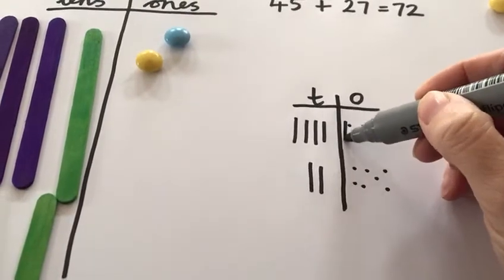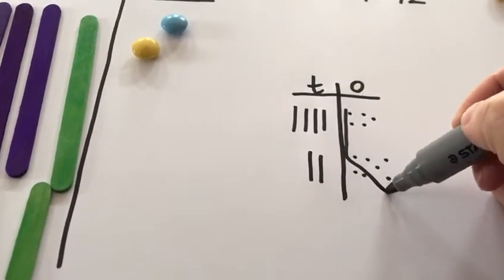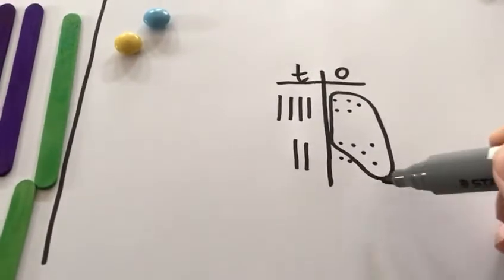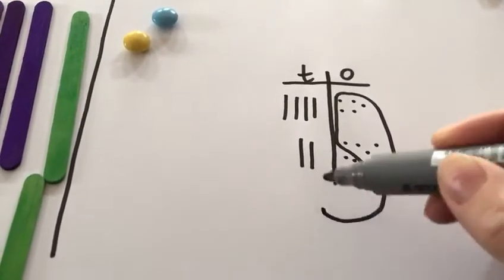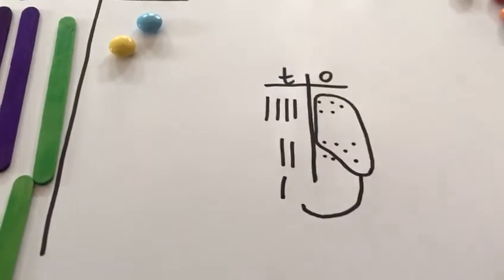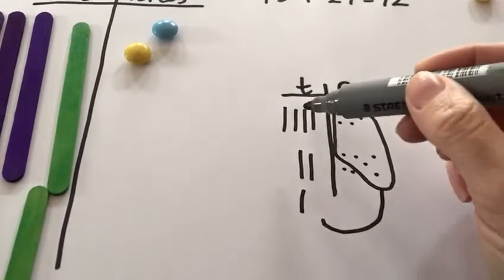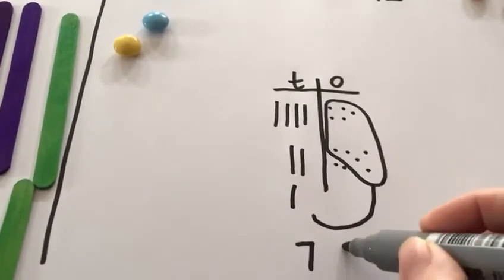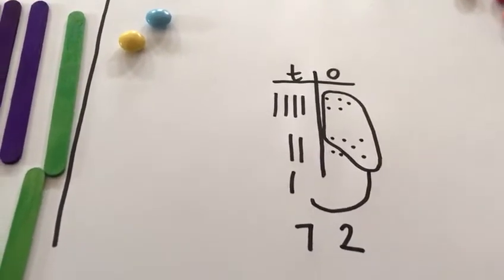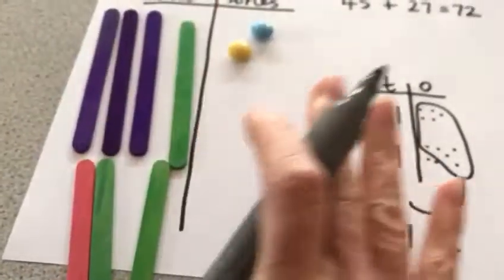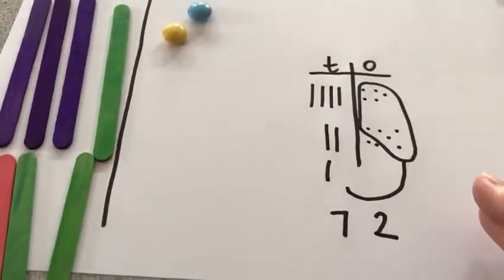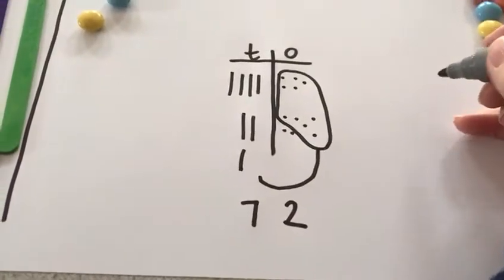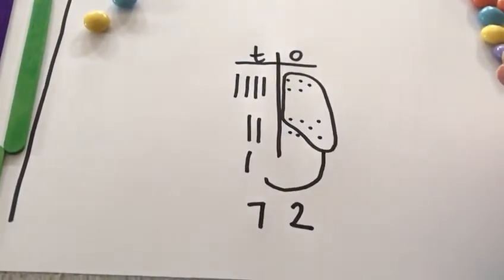And when we see that we have got more than 10, we put a circle around 10 of them. So we get that 10 and we add it down here. And now we can total up that we've got 7 tens and we've got 2 ones left over. Okay, and they really have to have that concrete understanding before they can draw that. Okay, and then finally, once they've understood that and they've drawn that calculation like that, and you're really sure that